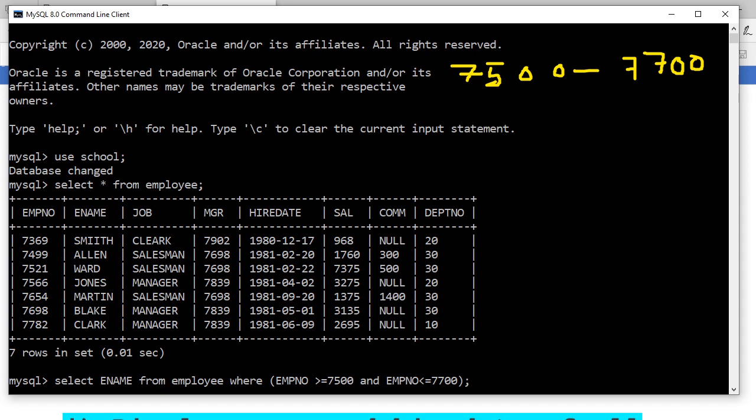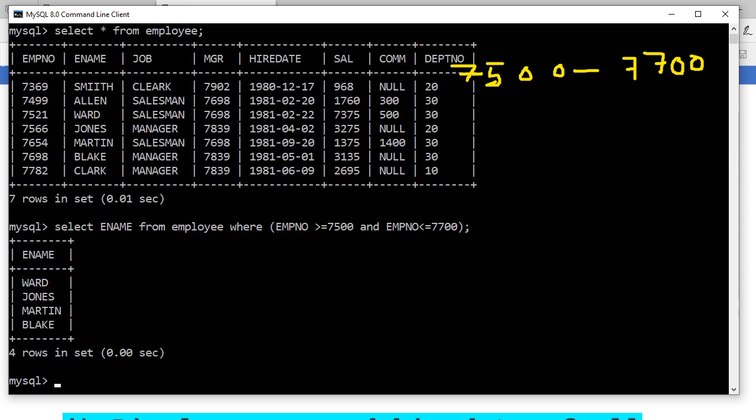Okay, without any knowledge, from this Python background we took this idea that we can put restrictions here. So I'm going to press the enter key. You see, got it. This includes 7500 and also 7700. But if a query says between 7500 and 7700 and both ends are exclusive, they will not be in the result.